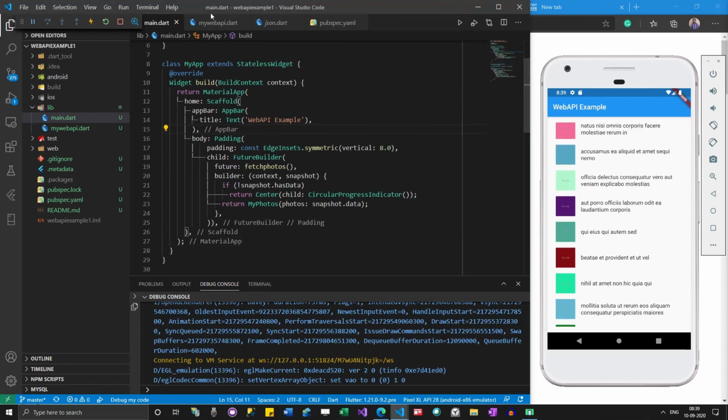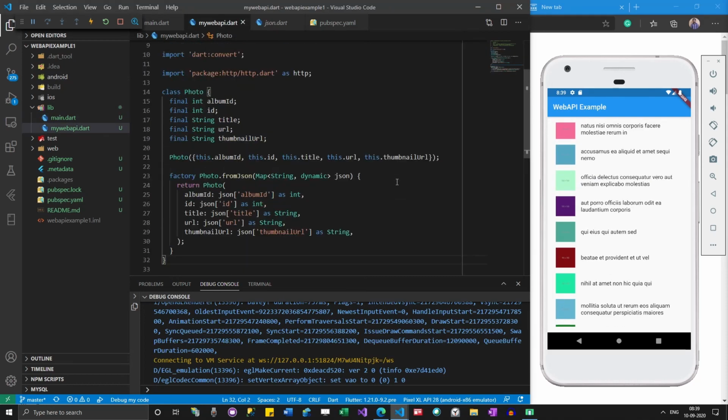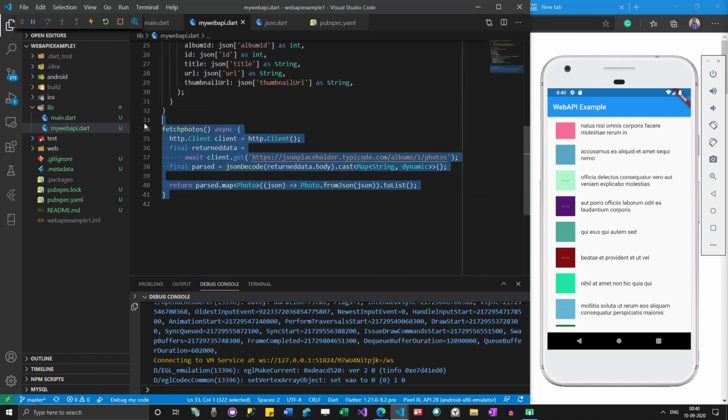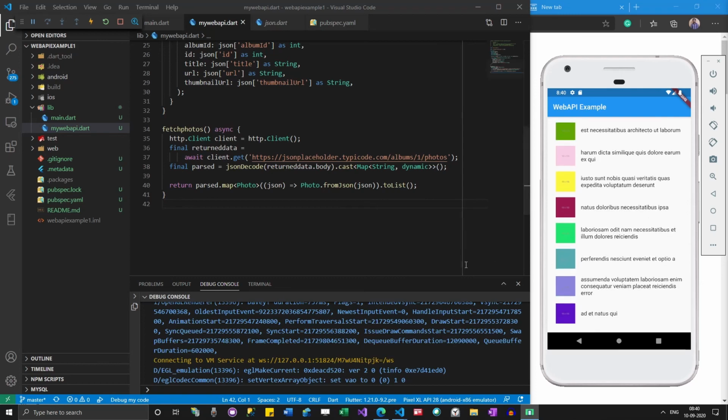Sometimes what happens is the list might be too huge, and when the data is being processed, when loading the images and everything, it will take a huge time.